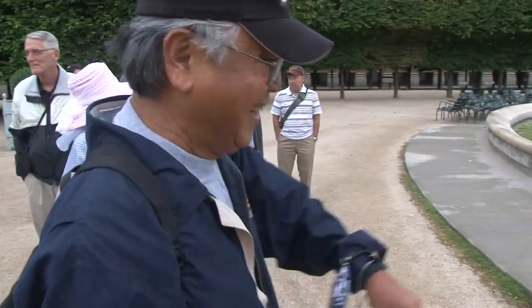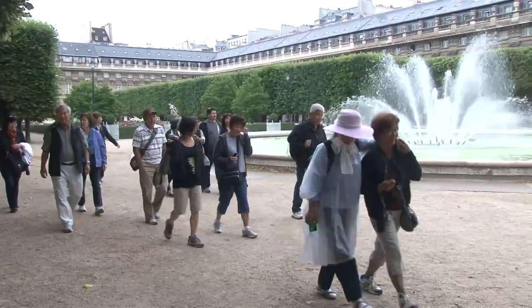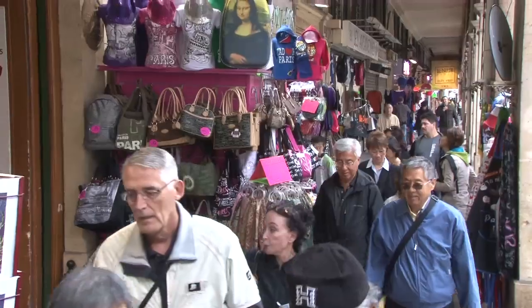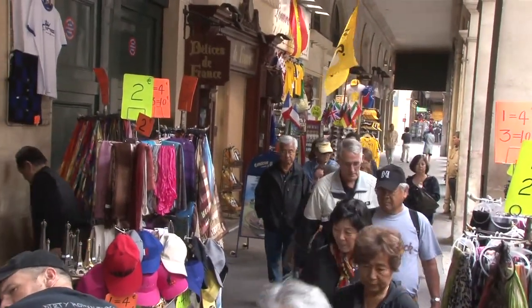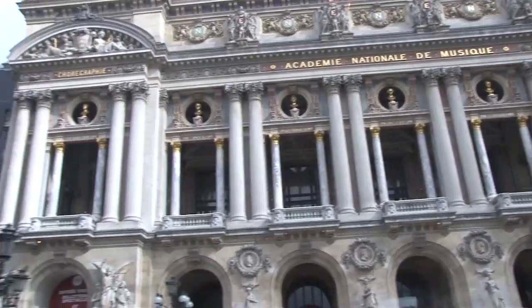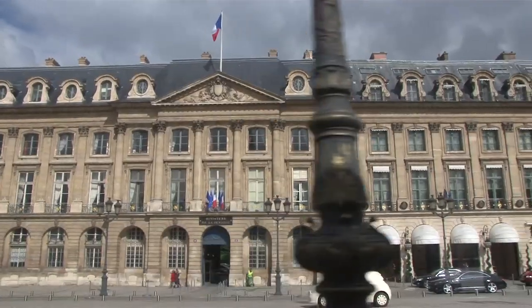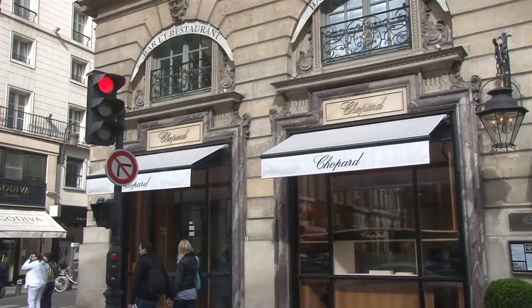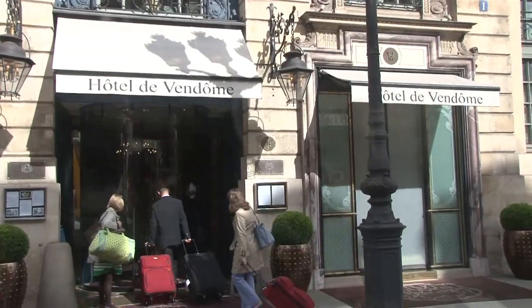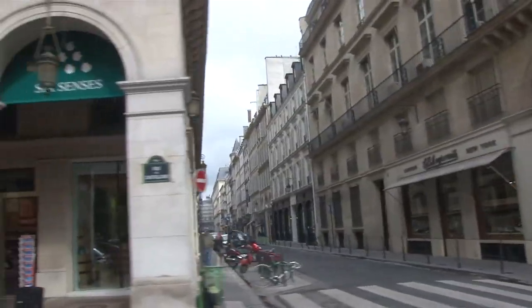different angles, enjoying each other's company as our group continues its walking tour through the Palais Royale and along Rue de Rivoli. We're going to be getting into our bus tour this morning. It's about an hour-and-a-half bus ride passing the Paris Opera, and now we're in Place Vendôme. There's a view of the Ritz Hotel, cruising along in this deluxe bus that'll give us a nice perspective on the different streets and buildings of central Paris,